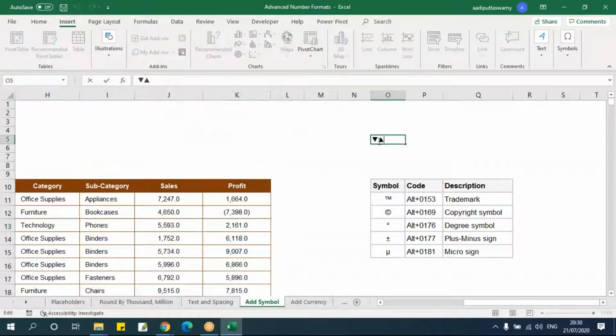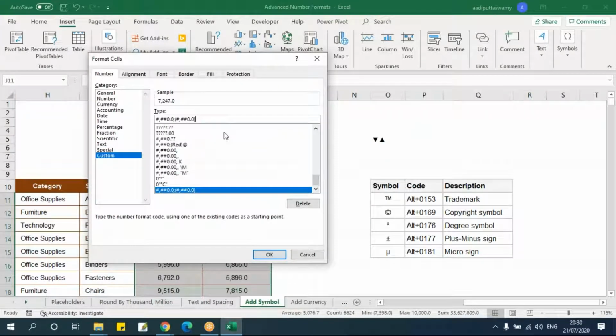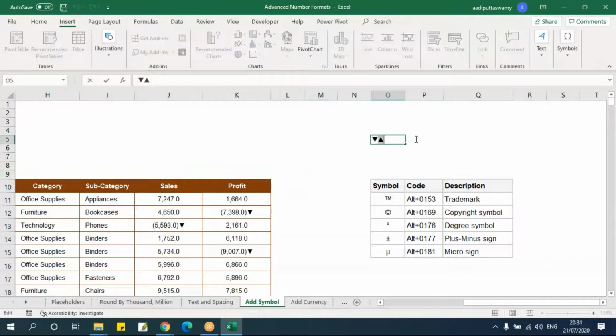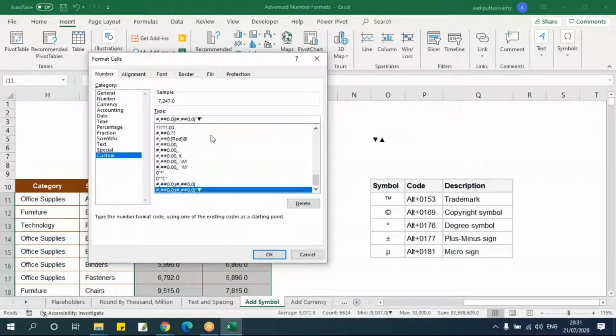Now if you want to put symbols for negative numbers, just go here, copy this, control 1, and here I'll put this like this. So wherever it is negative, I'll be getting something like this. Let me just give some negative number, automatically it will come. This we saw in our previous number formatting, that is for positive or negative. Just quickly we'll do for this also.